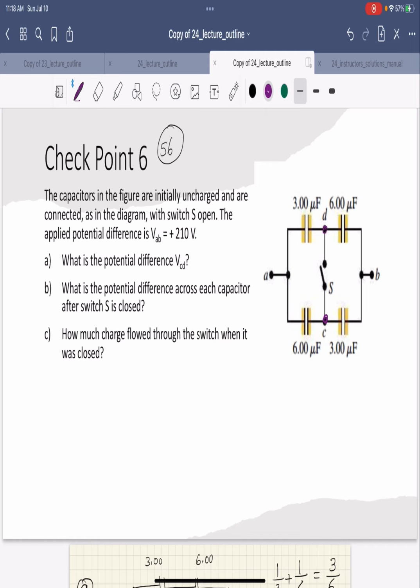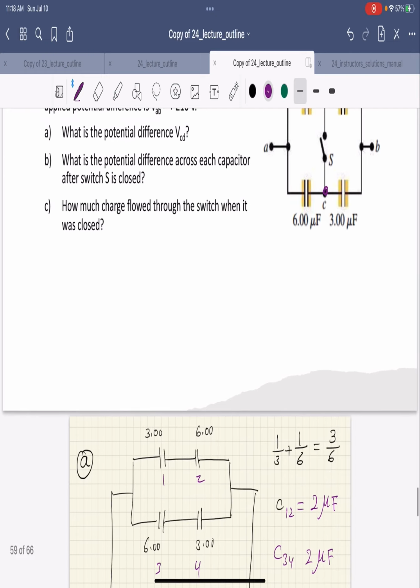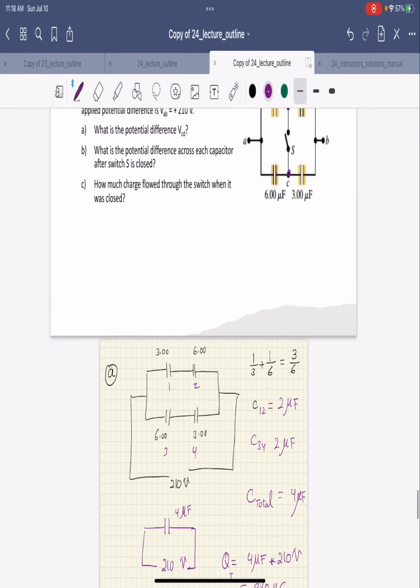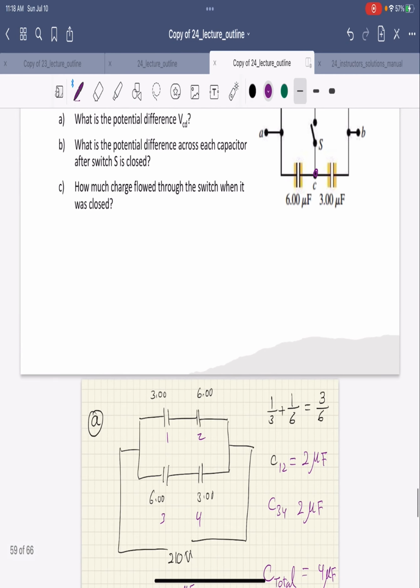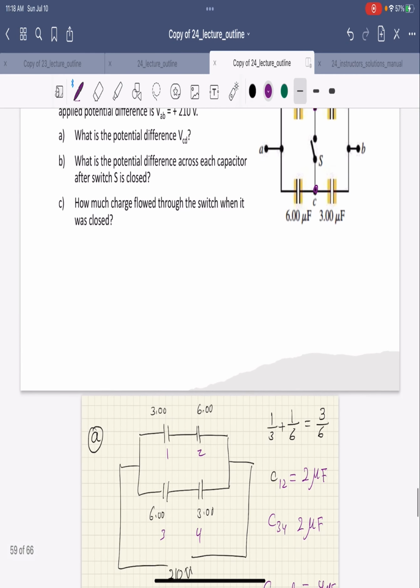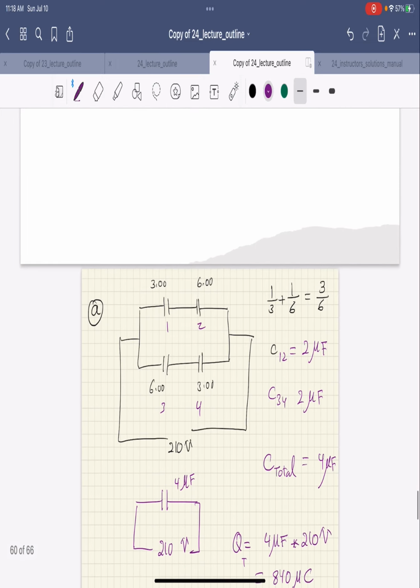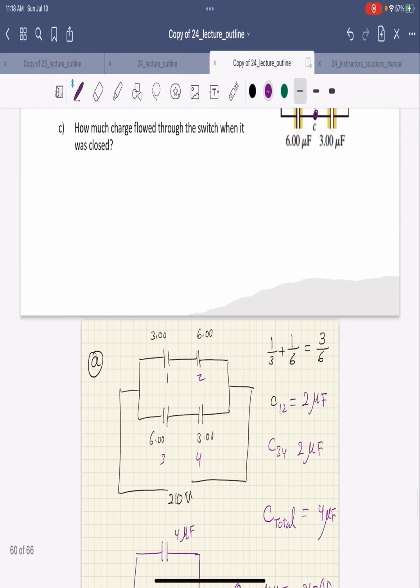What is the potential difference across each capacitor after switch S is closed? And how much charge flowed through the switch when it was closed? Now, simply here, they did give us very easy numbers. Now, when the switch is open, as if there is nothing in the middle here, then here I will say